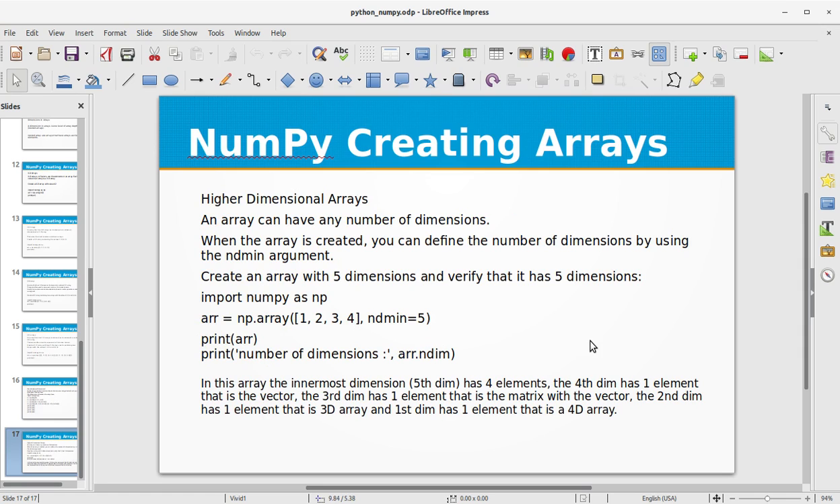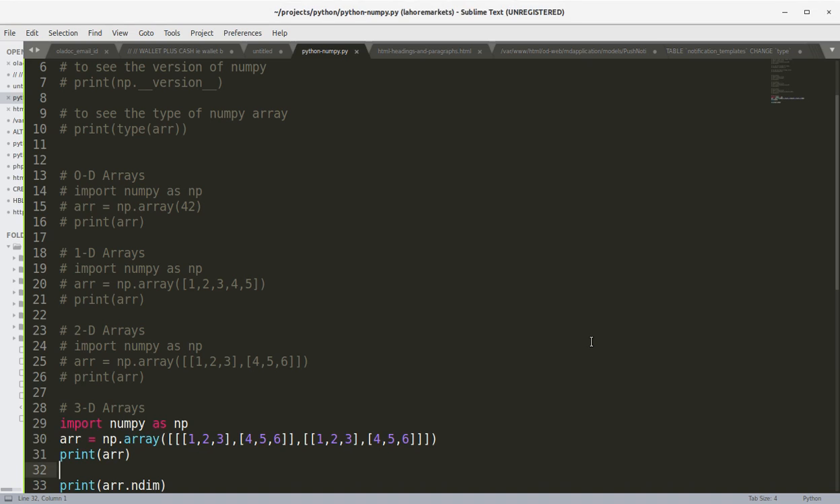The next thing is higher dimensional arrays. An array can have any number of dimensions. When the array is created, you can define the number of dimensions by using the ndmin argument. So let's create an array with 5 dimensions and verify that it has 5 dimensions. So import numpy as np, array is equal to np.array, and pass in the list and set ndmin to 5. So let's try this,